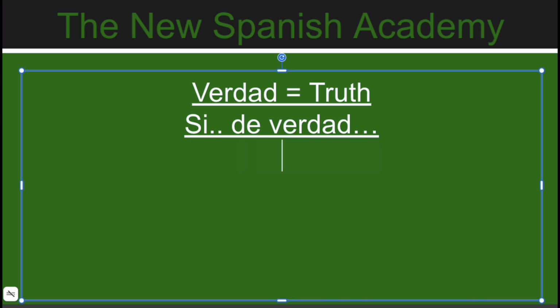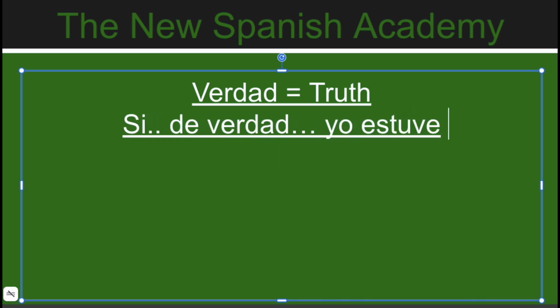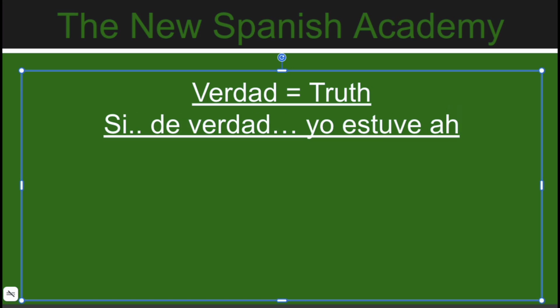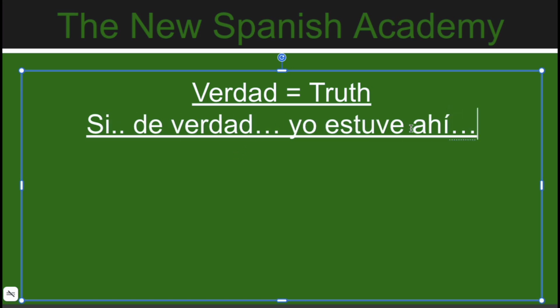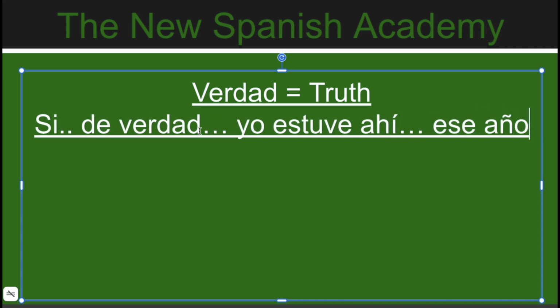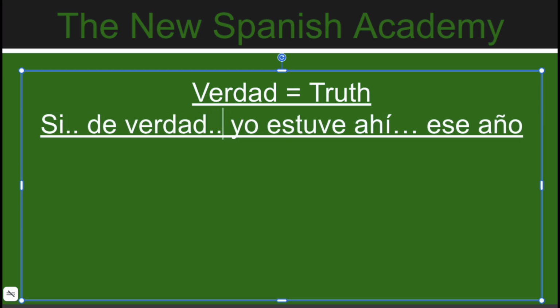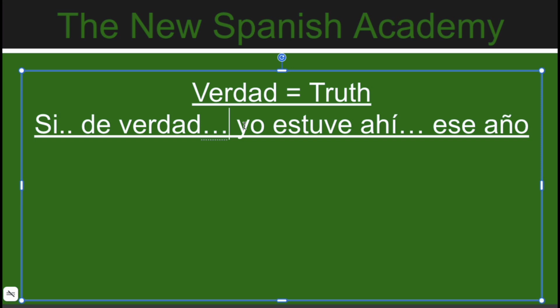Sí, de verdad. De verdad, yo estuve ahí. Yes, I was there, right? Sí, de verdad, yo estuve ahí. Right? Yes, I was there. Ese año, that year, all right? Sí, de verdad, yo estuve ahí ese año. Of course, this can be just one sentence. Don't mind the dots, all right? But just so you know that separately, you can say yo estuve ahí, I was there. Sí, de verdad. Yes, of truth. Yes, it's true. Yes, actually, in fact. Okay,